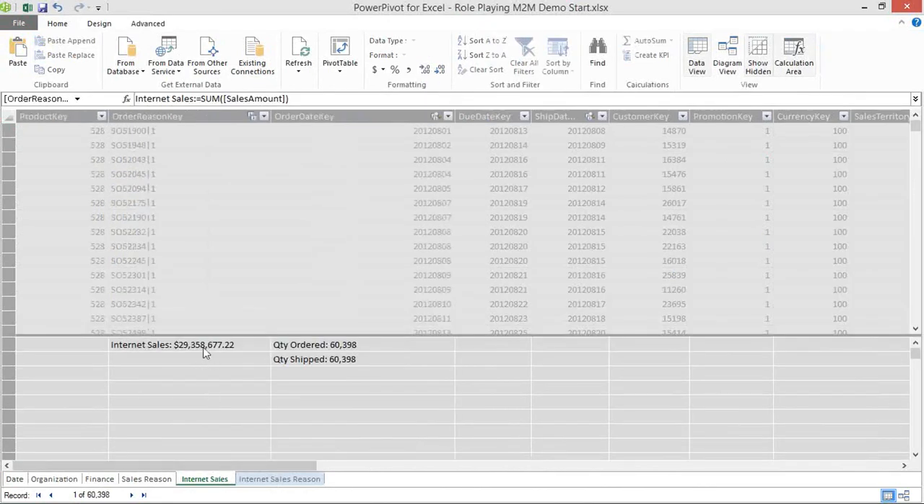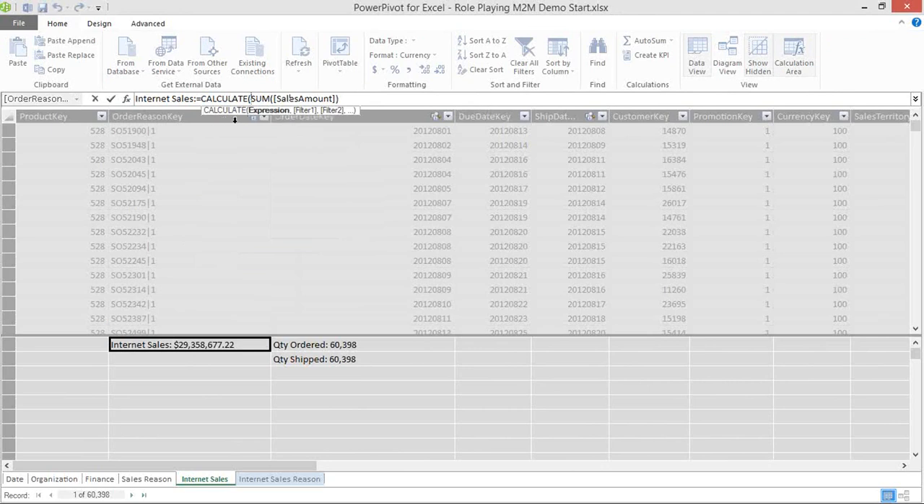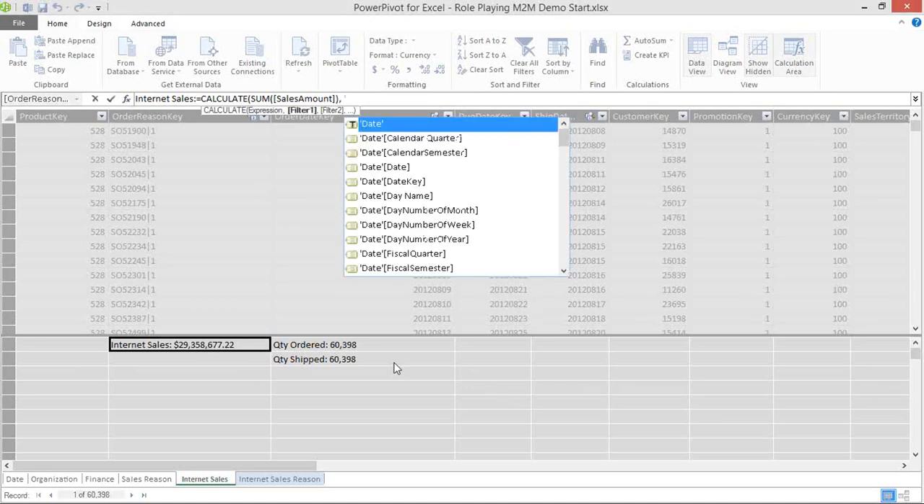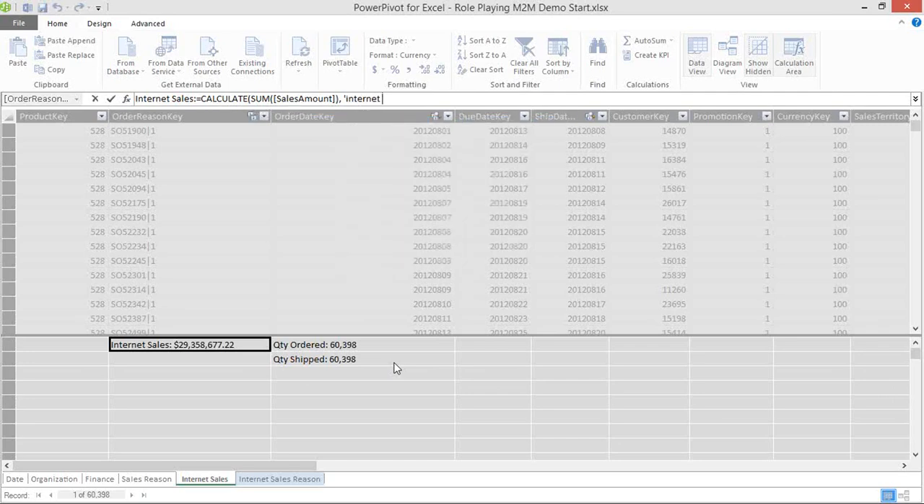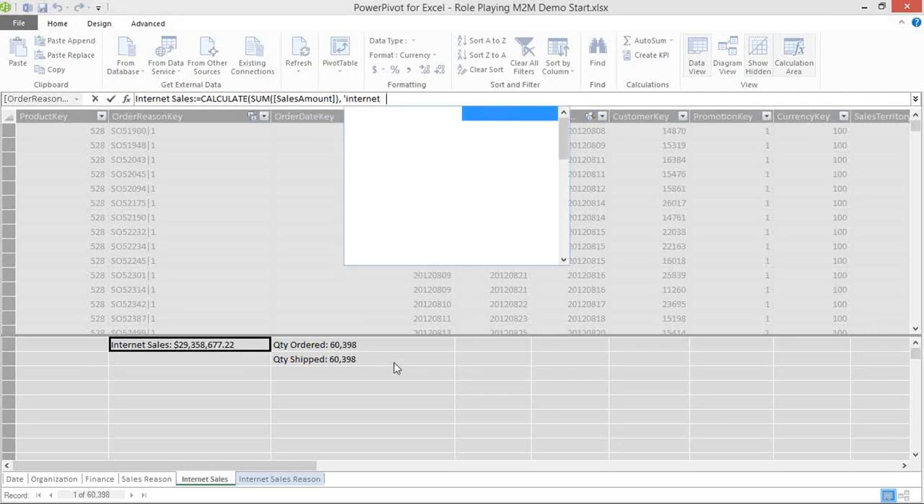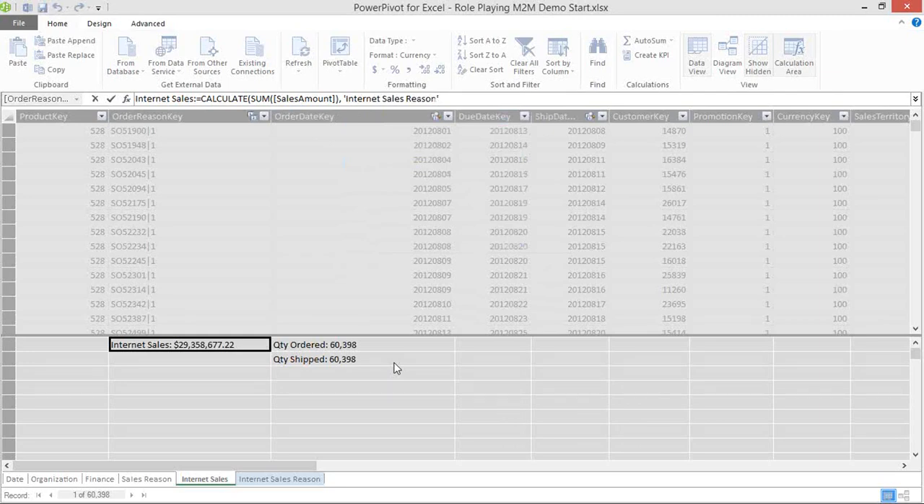Let's go back to our internet sales table. And how do we apply additional context to a calculation? We covered that a little bit earlier, but to refresh your memory, we use the calculate function. So we're going to use calculate to provide additional context to our sum of sales amount. So we'll do comma and enter in one filter. And this filter is going to be very easy. It's just going to be the table name for internet sales reason, which is our bridge table. So just put in your bridge table name, surrounded by single ticks, close the calculate,